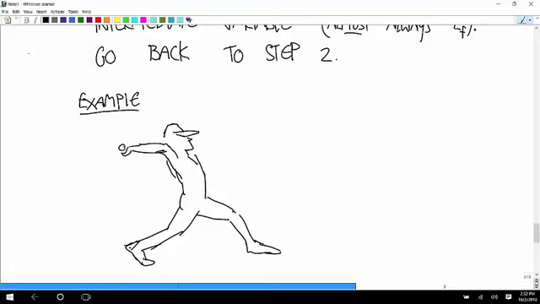You guys drawing it? It's supposed to be like a glove. Okay. What number is he? 7? Okay. Okay, so